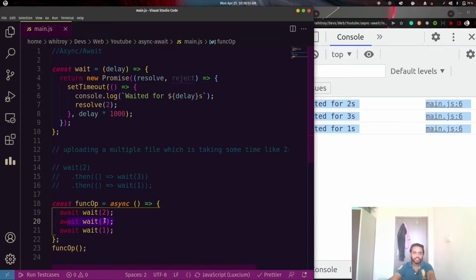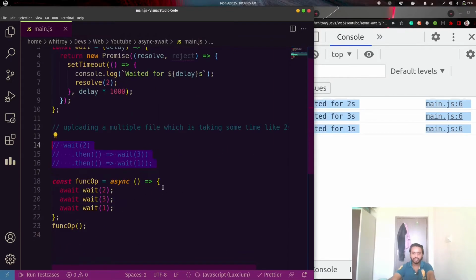It waits here until this promise gets settled, then moves to the next promise. Actually it is not blocking the JS main thread, it is just pushing this event to the event queue, and when this completes, it continues with the next line. This is how async await works in JavaScript.